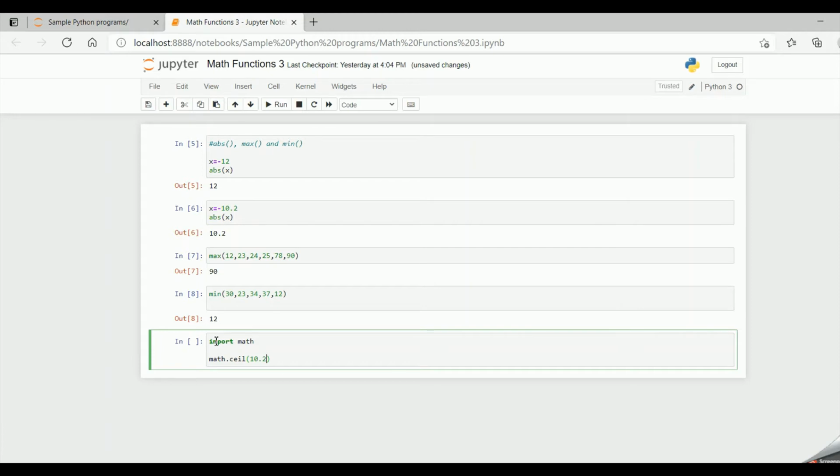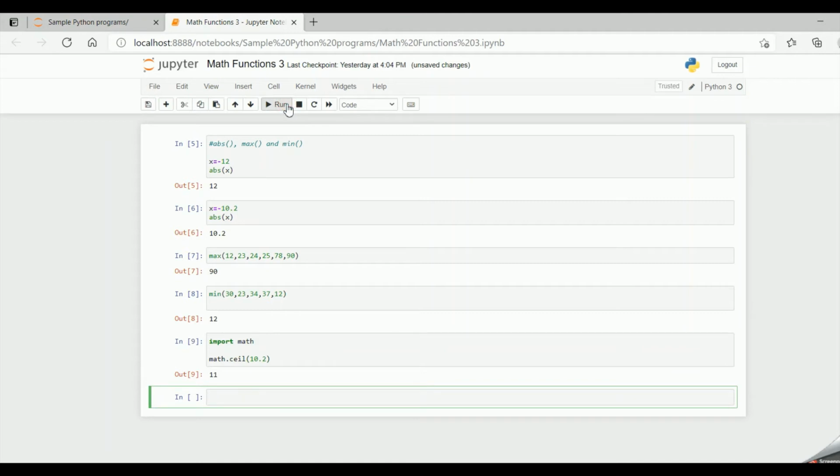Ceil is nothing but the ceiling of your house or the roof of your house. So it will return the highest integer value greater than the number specified in ceil. Since I have specified 10.2, the next immediate highest integer value would be 11. So it will return the value 11. Yes, we got the value 11.